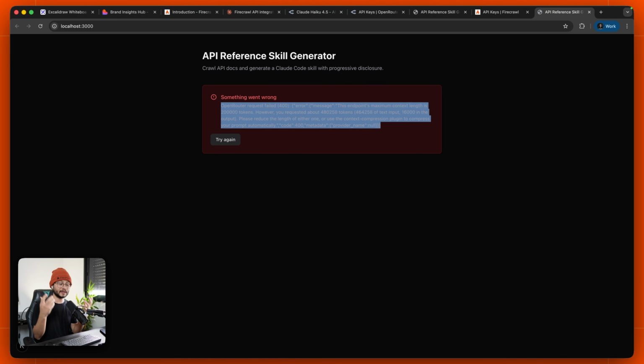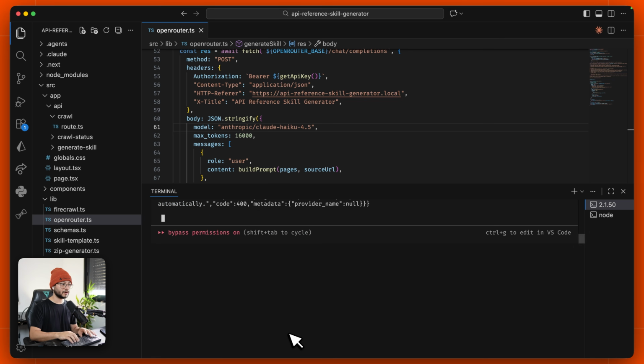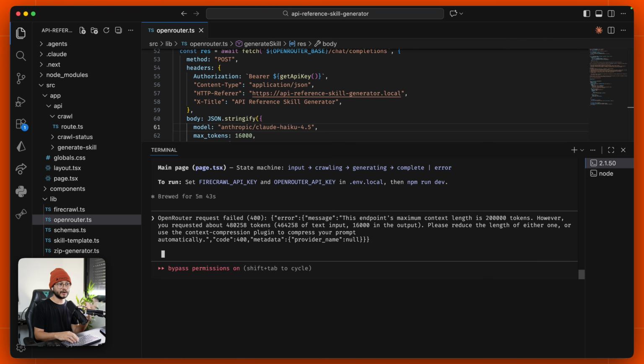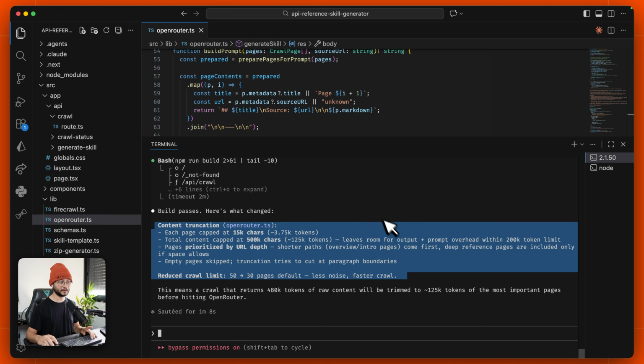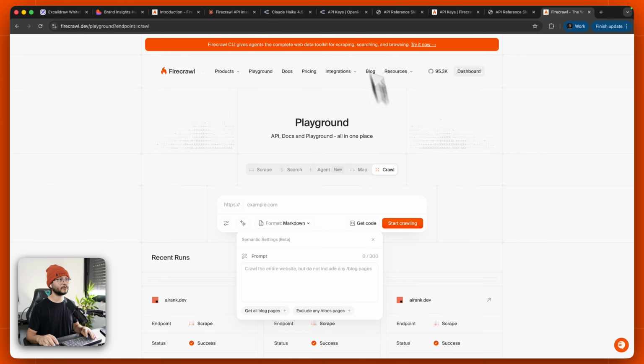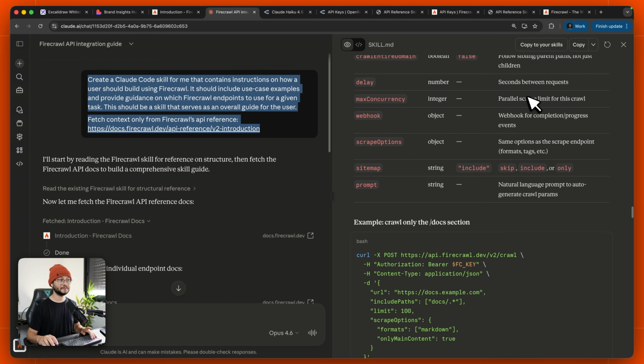It's telling us that the context fetch from Firecrawl is too big for the LLM to read. So let me copy this response, go back to our Claude Code session. I'll send that over as context and tell it to find a better strategy, either chunking or using Firecrawl's feature to retrieve less context. All right, it provided a bunch of different solutions, but one solution it didn't think of, and that's probably because we need to refine this skill even better, maybe providing different use cases so that it